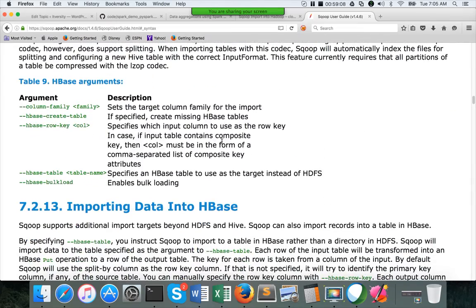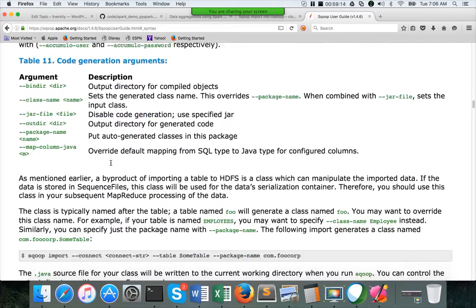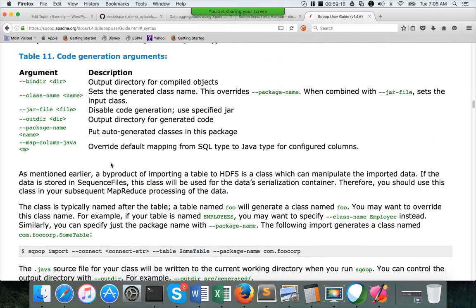And let me see, HBase is out of scope, I will not be talking about HBase. So that's it. Those are the most important parameters for Hive. For Sqoop, you have to practice the import command as much as possible. Again, once you practice, if you have questions, you can ask as part of the Q&A session, and I will try to address those to the best of my knowledge. But without practicing, you will forget very quickly, because there are too many tools, too many syntaxes and semantics you need to understand. So you have to keep on practicing, you have to refer to the documentation to make sure you understand.